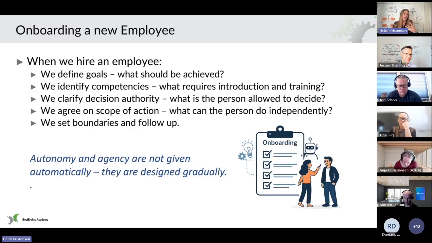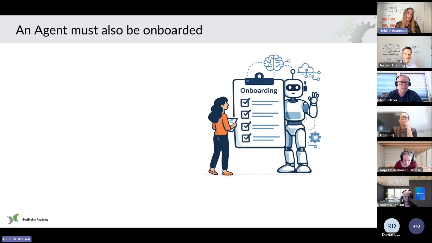All about this autonomy and agency is not just given automatically. It's something we build up, exactly like Jesper was just showing you here with our AI agent, that we also gradually allow things and shape how we want it to be. Looking at it in that way, it's something probably a lot of you are used to, getting new colleagues once in a while. And the same here goes with an AI agent that we also need to onboard, because